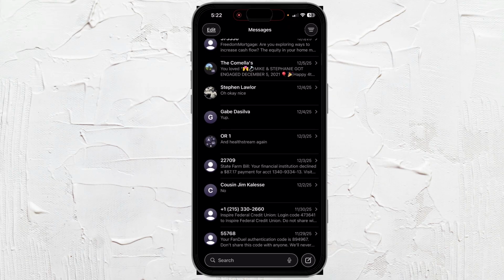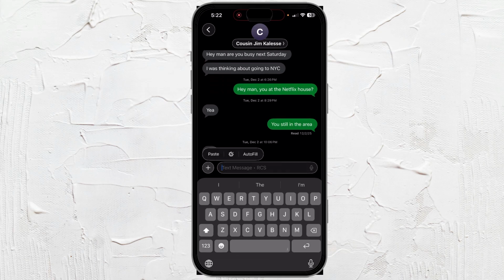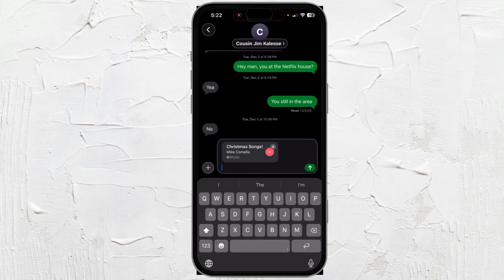And then go ahead to your messages, and we can just find somebody to share this with. In a text message, you would click and hold and hit paste. And then your playlist would pop up, and you could share that with anyone that you want. Even if they don't have an iPhone, they'll still get the information of the playlist. And that's it. That's how you'd go